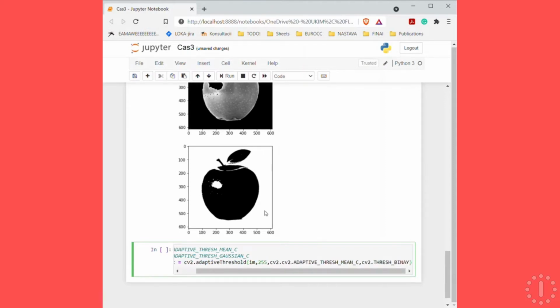Let's go with binary threshold, and what we have next is the